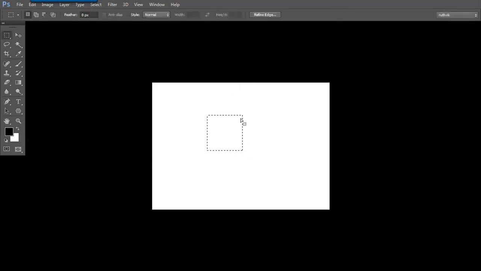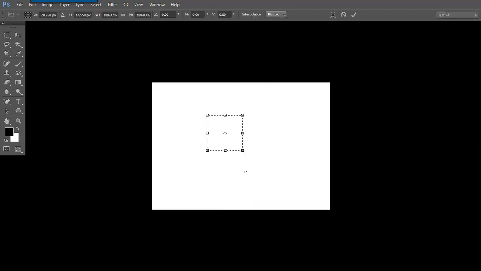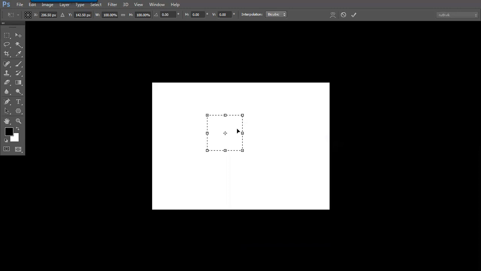Once again, give a right click on the selection and switch to transform selection. After the selection gets the transform bounding box, we can start scaling it and rotating it. Except that, we can do a lot of events which are there in the right click while we are working with the transform. These many extra things we have got from the selection because the transform option is on, except fill, stroke, deselect, invert select. Fine then. So let us move and start seeing its tips and tricks on the transform box.